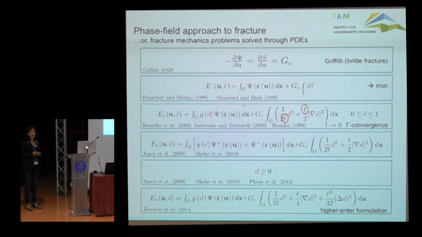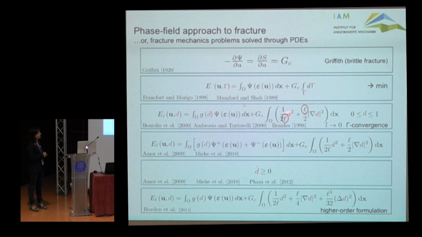So basically now we have another energy functional where, instead of having the crack set as unknown, we have a continuous field, which is called the crack phase field, termed here d. This field takes values between 0 and 1, where 0 is the intact material and 1 is the completely broken material. And you see here you have, first of all, a coupling function which multiplies the elastic strain energy density in the first integral, but perhaps more strikingly, the second integral is no longer a surface integral, but a volume integral over the entire volume. And this is what Professor Miehe called the crack energy density.